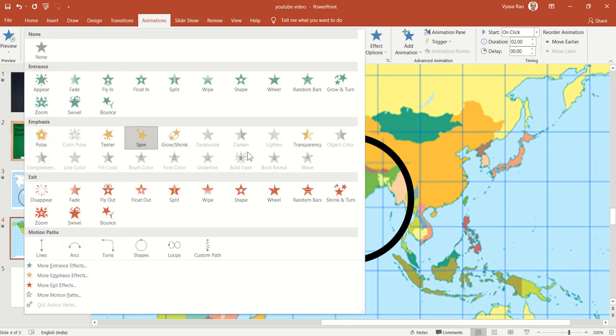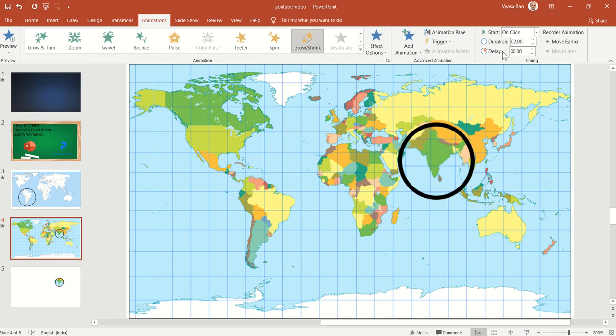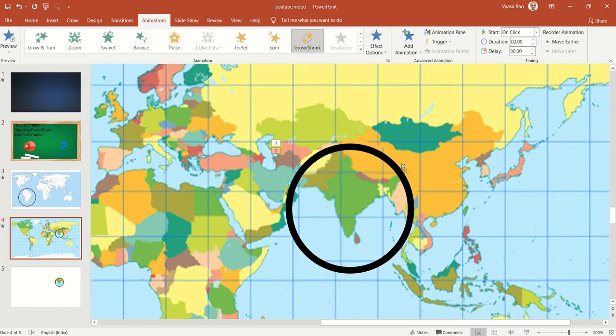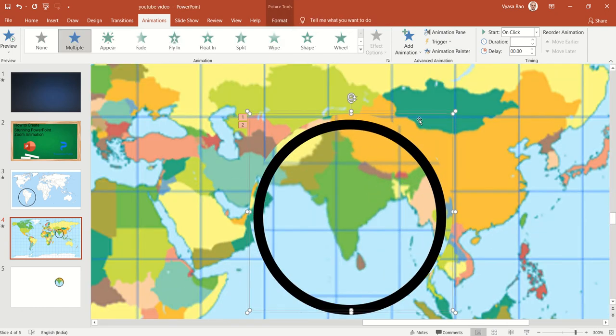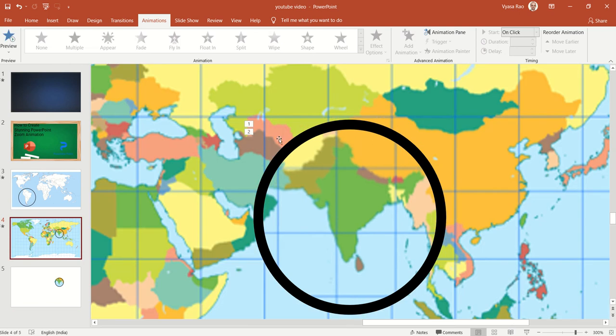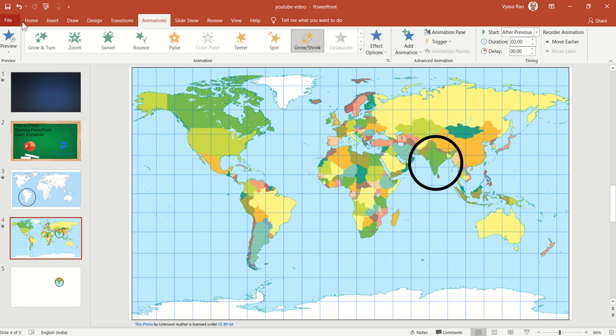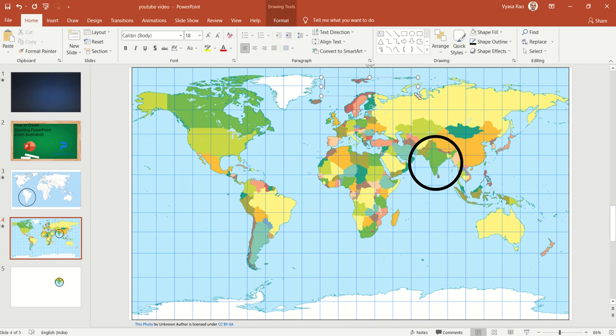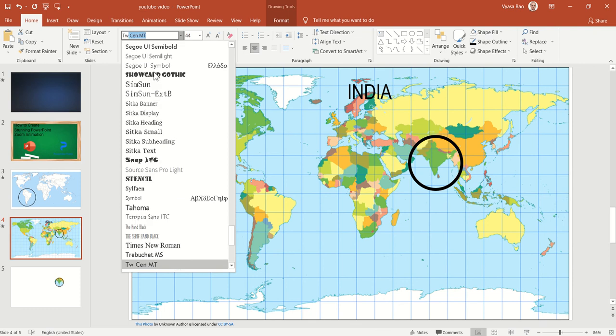Oh, not, it is not that one. It is grow and shrink. So it is keeping an impact over here. So I will just bring it a little down. Okay, so this I want the second to start after previous, and over here let's say I pointed out India. Make it big, center, and